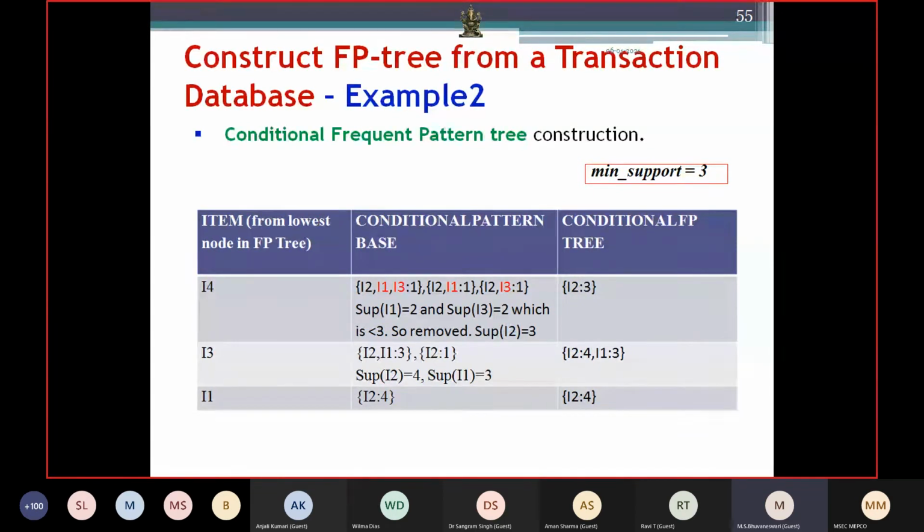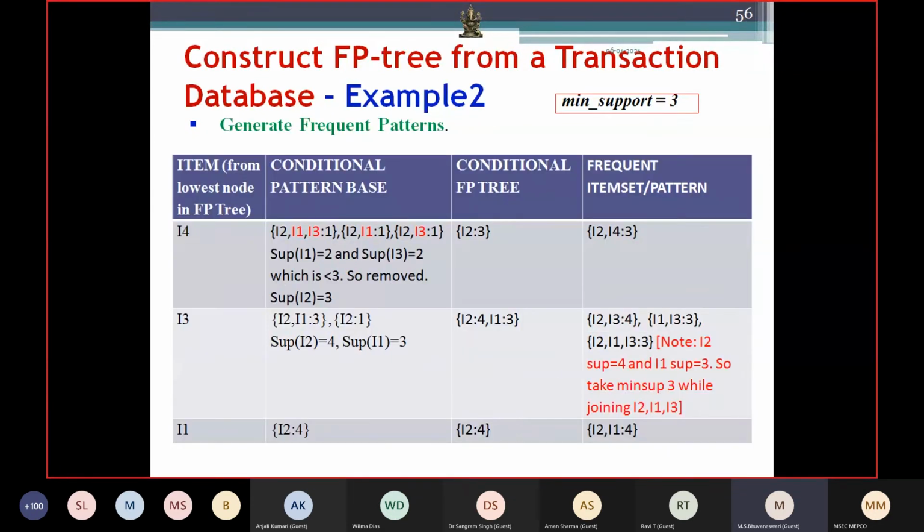So we are finding the unique frequent items. From that, we are considering the conditional pattern base. Pattern base is nothing but the path that leads to the particular item. From the conditional pattern base, we have to construct the conditional FP tree, right? That we have also seen. From each conditional frequent pattern tree, we have to identify the frequent pattern. Okay, so the first step is over. These are the items, the conditional pattern base, and the conditional frequent pattern tree.